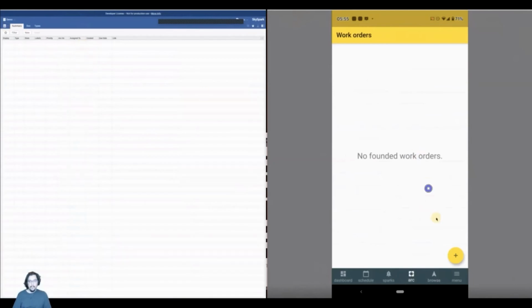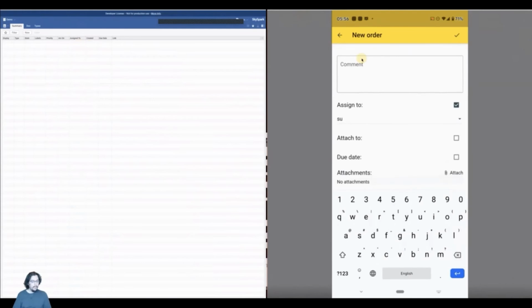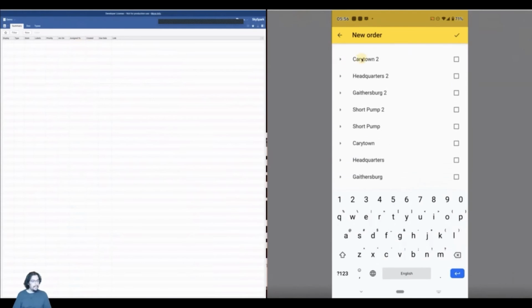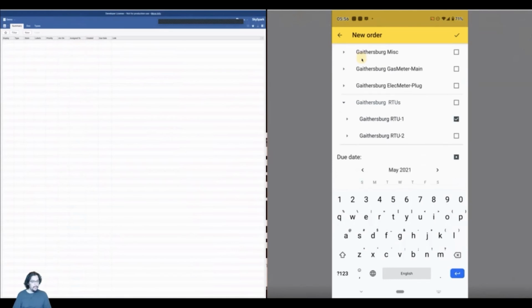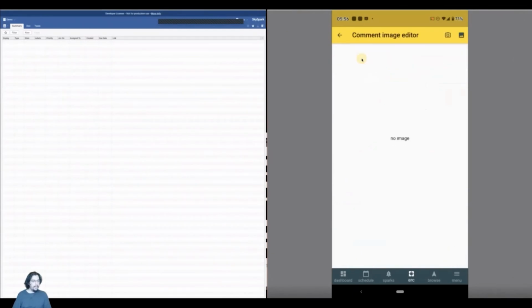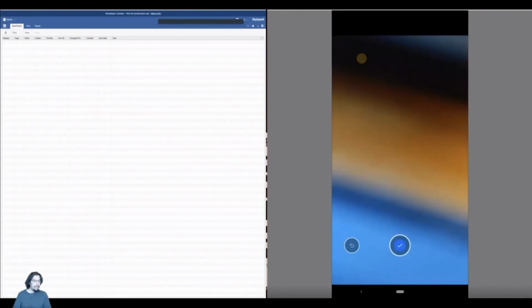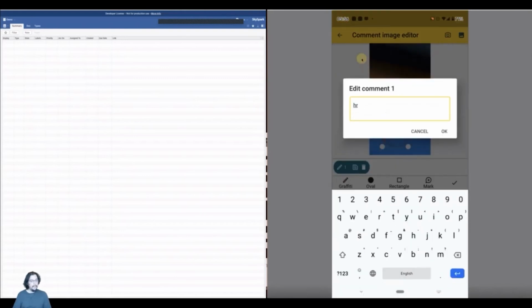The next app is the work order ticket management system. So what we have done here is that we can create a ticket, and we can fill in all the parts of the ARC node right from the mobile app, and we can assign it to an equipment. We're going to select Gatorsburg RTU1, and we're going to select a due date. And the cool benefit of having a mobile app is that we have a camera built in, so you can take pictures of anomalies or issues that you see. To simplify for the user, you can create comment notes, get them to focus on that area of the photo, and this is all built in.